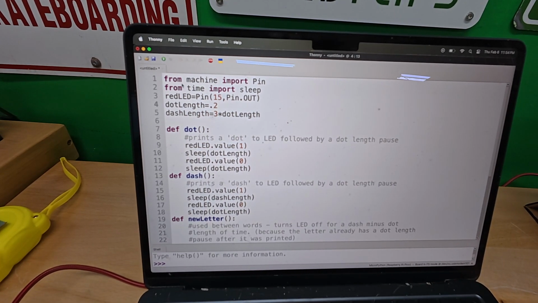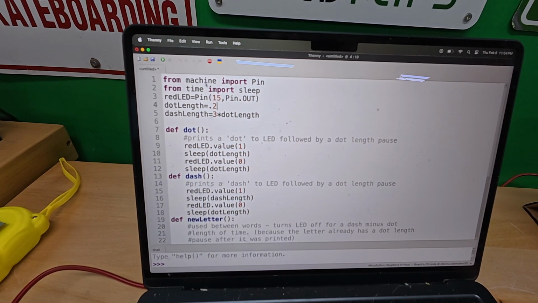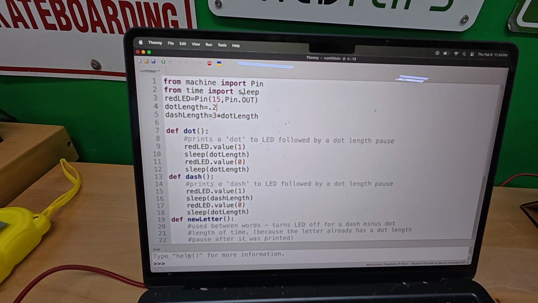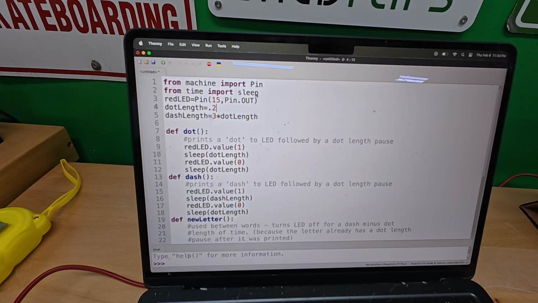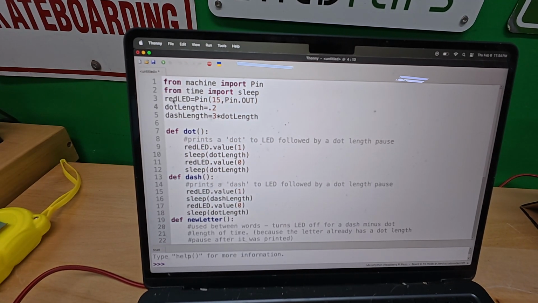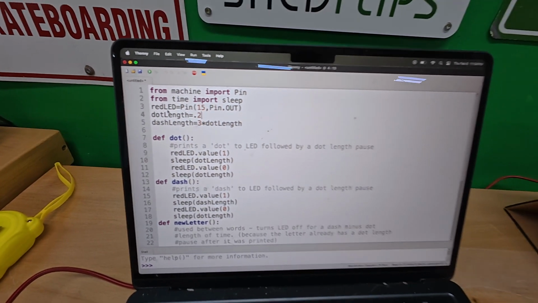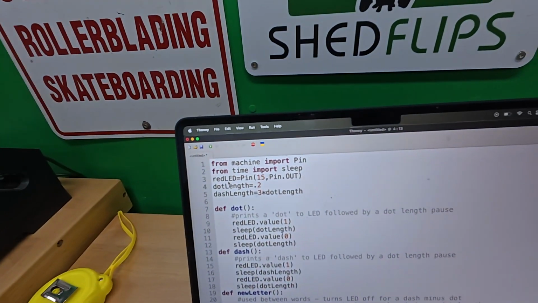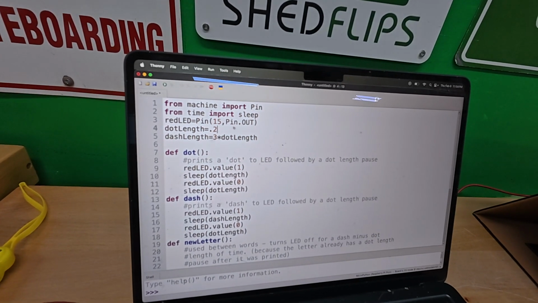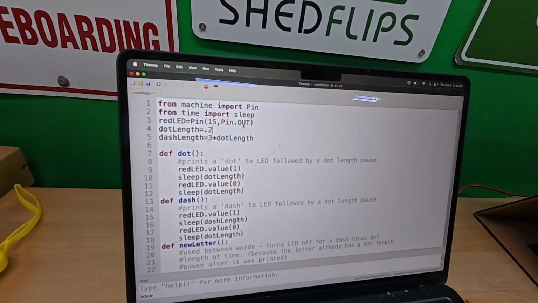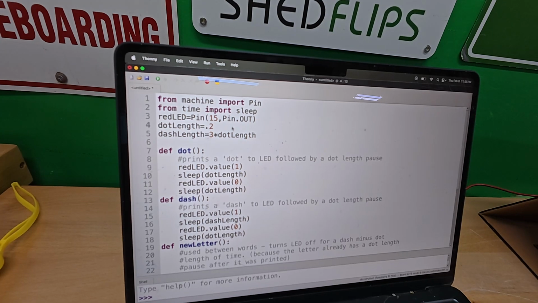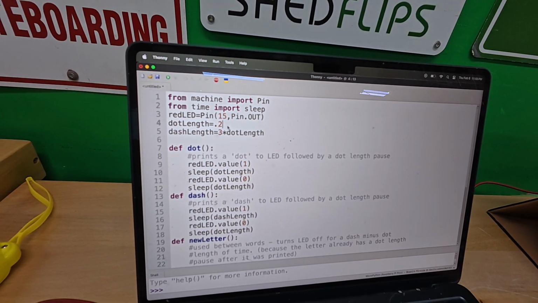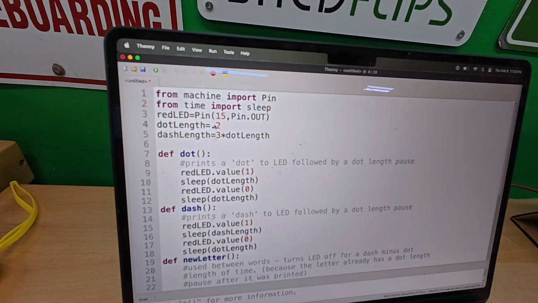So we're doing machine import pin, which we have to do every time to access the pins on the board. We're bringing in the time library so we can use sleep. And we're defining our red LED as this LED right here, which is connected to GPIO 15. We're setting it to pin.out so we can write to it as an output. And then the only thing that we really have to change if we want to change the timing on this thing,